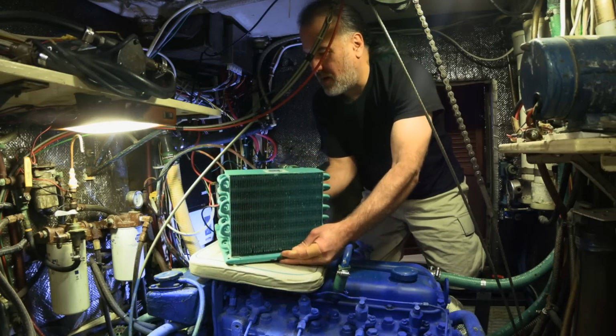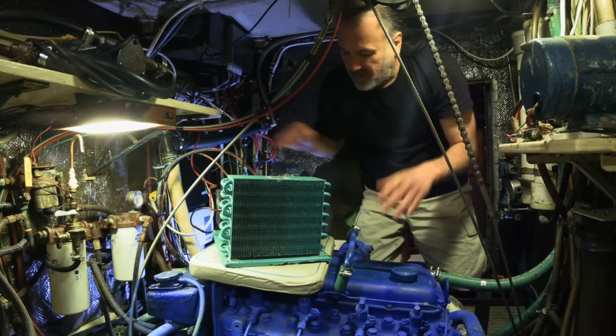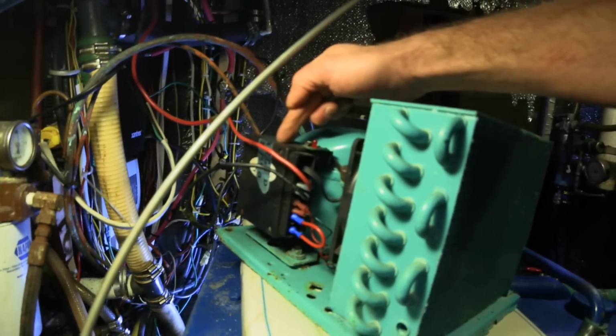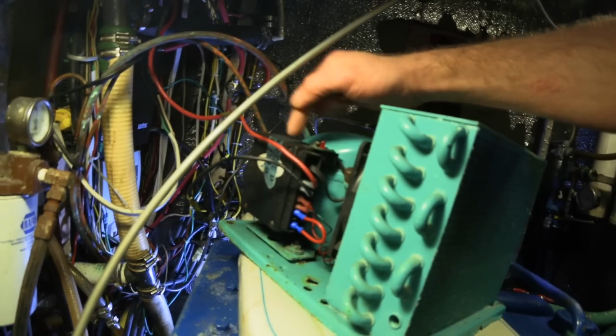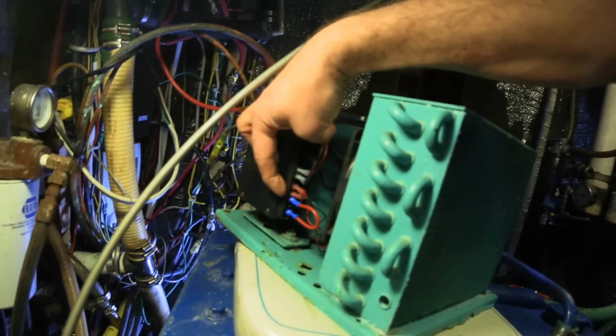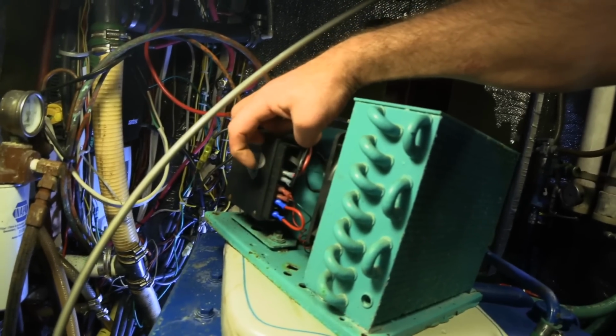There we go. Now we can get a better look at the components. I'm going to point out the controller, this black box. It has electrical connections that we're concerned with here. These two go to the fan that's mounted on the compressor, and then these two go to either 12 or 24 volt